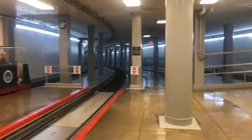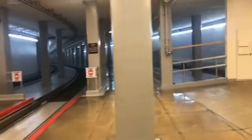So I'm on the Senate side now. It's kind of hard to show you guys stuff because they're a little bit more strict about security over here. So I'll show you guys a couple things later. So I'm still in the Capitol, but this is the Senate side of the Capitol, and it also has more trains. So these trains actually